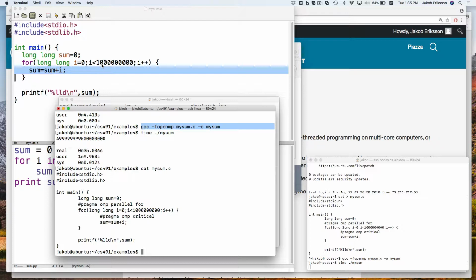Okay, but anyway, we know it's 1 billion operations, so in principle the compiler could expand this loop to just make 1 billion sums back to back. That doesn't sound like a good idea, but maybe it'll just do 1,000 and then go around 1 million times. That'd be pretty good. Let's just try this